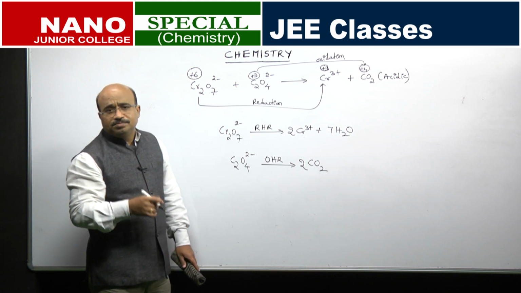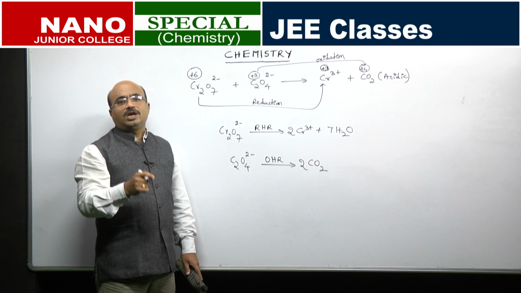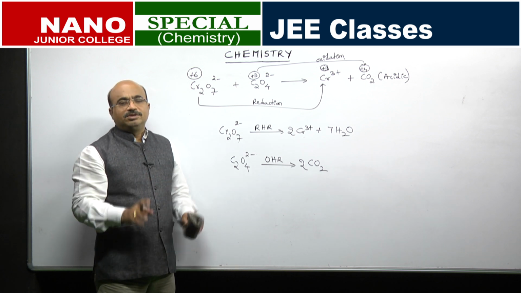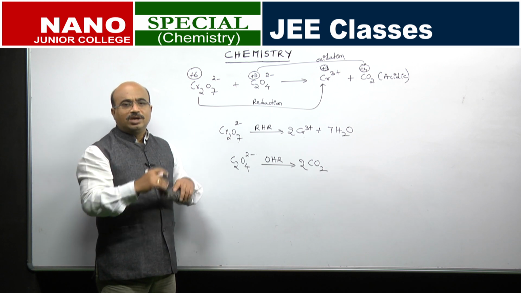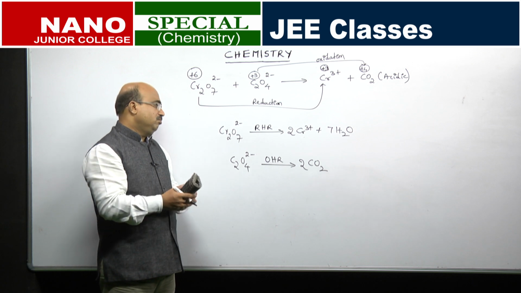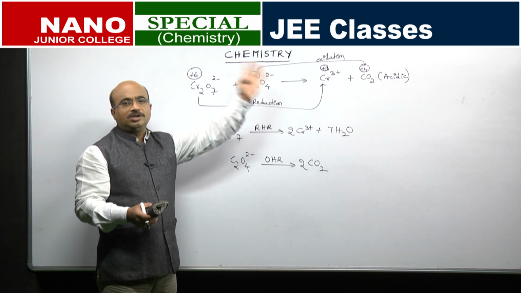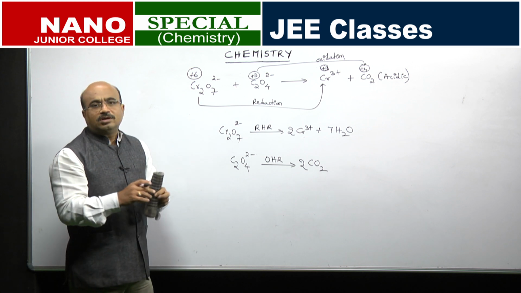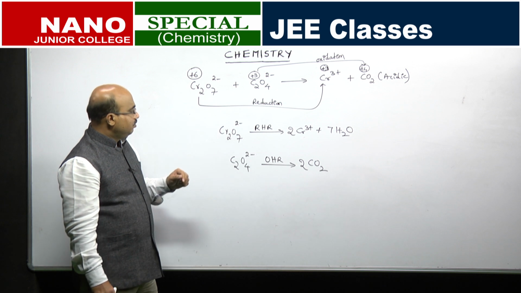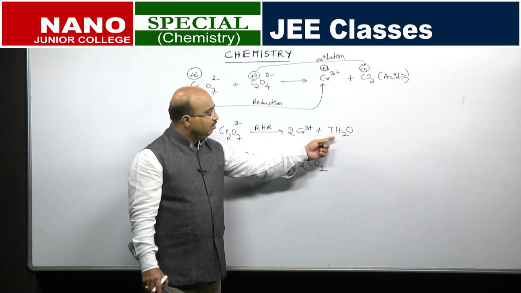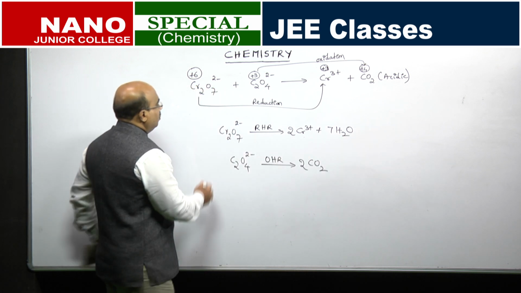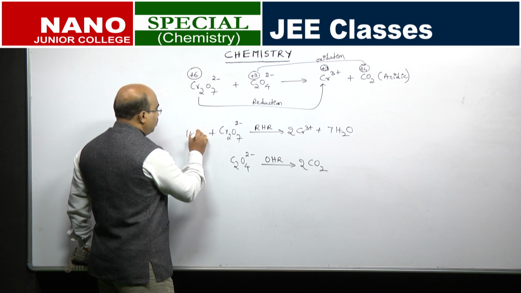So, now what is the condition? Balance the hydrogen atoms by adding H plus. If it is acidic medium, you leave it there itself. If it is basic medium, we add OH minus on both the sides. Now, this procedure is acidic medium already, we are saying. So, let us balance hydrogens by adding H plus. So, here no hydrogen, here totally 14 hydrogens are there. So, what we will do? We add 14 H plus here.